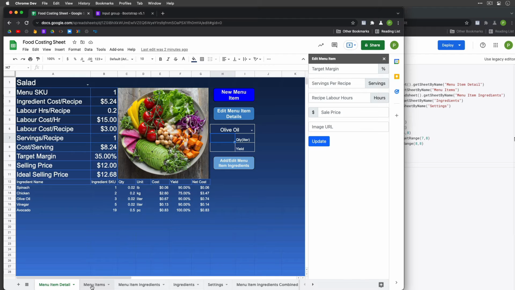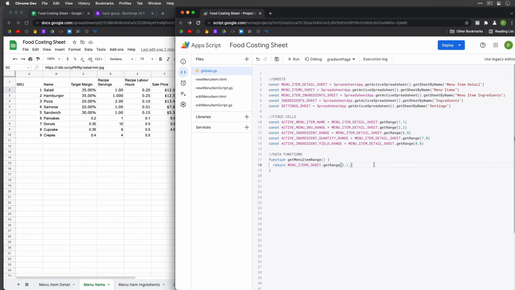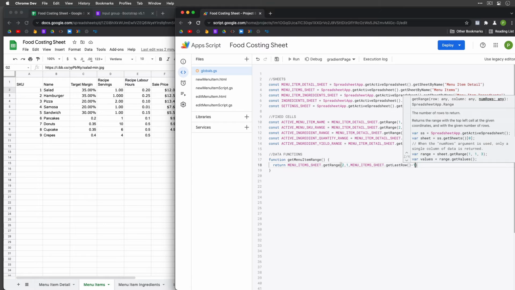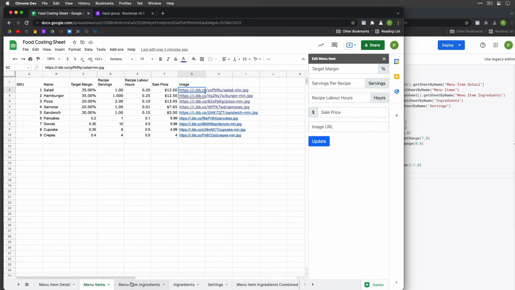And so this one will be start at the first column, and 1, 2, 3, 4, 5, 6, 7. So we're going to get 7. So, but first we have to get menu items sheet get last row -1. That'll get the last row when this is run, and 8. So get menu item range,